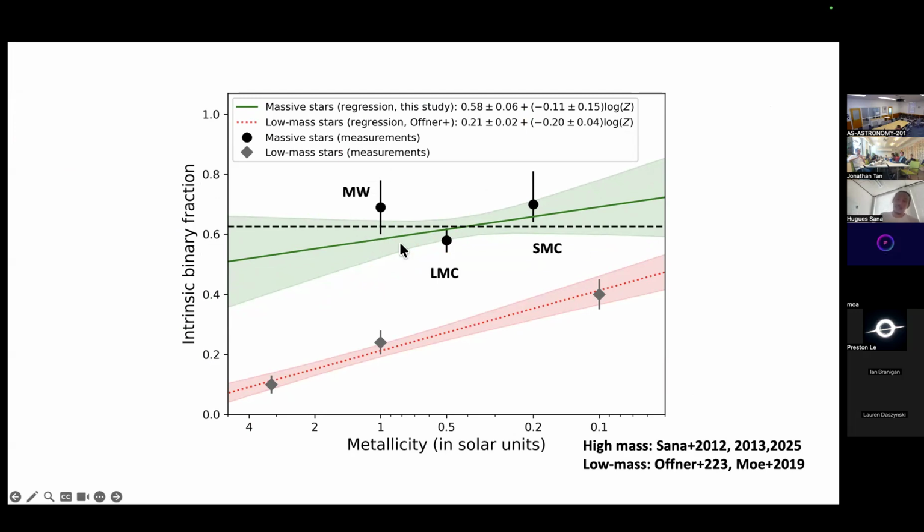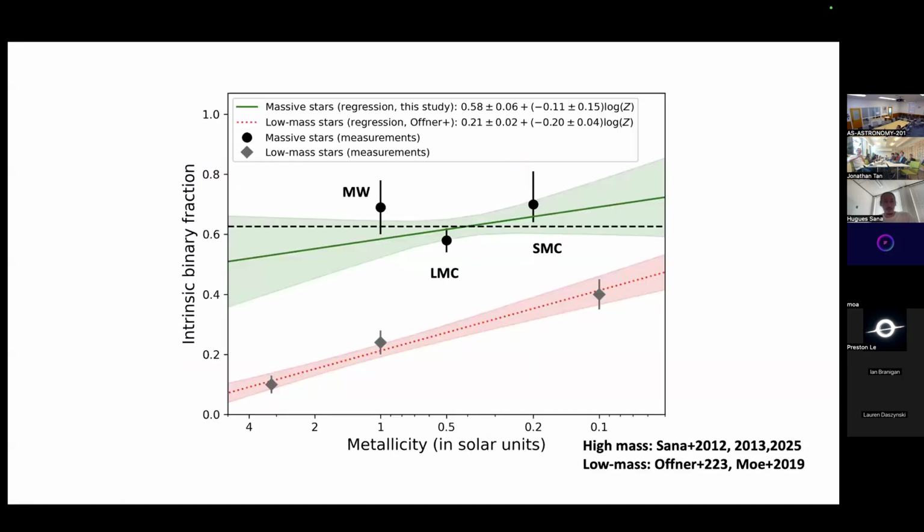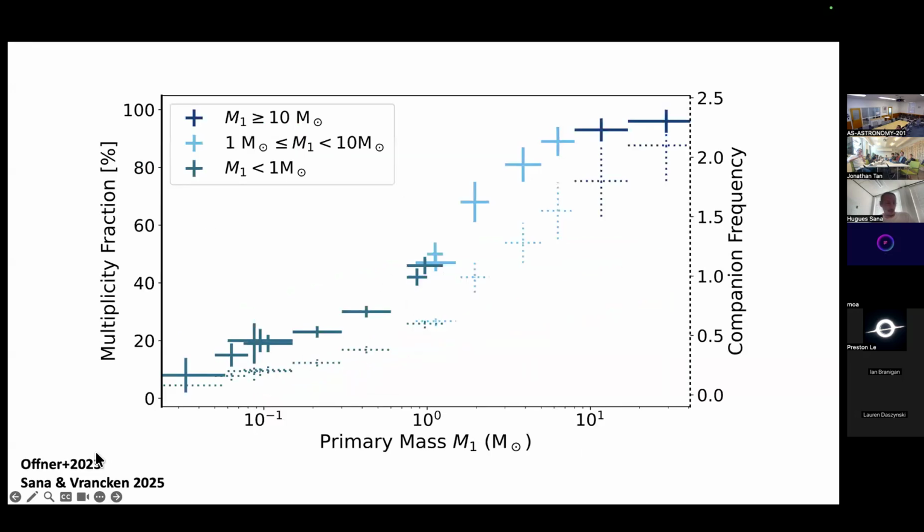The most massive stars tend to be in shorter period than the lower mass stars. So that's another difference that we see in the massive star formation process. All right, so this, if you just look at metallicity, right? So here we only have 2 data points, but Offner in the same review, right, has been